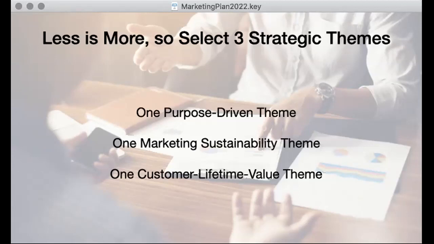within your action plans. Choose one marketing sustainability theme. In other words, become super efficient, super mindful, super conscious about increasing the efficiency in one core area. Look where you can save money. Look where you can save process. Look where you can save time, and get a little project together, or maybe a big project together, that allows